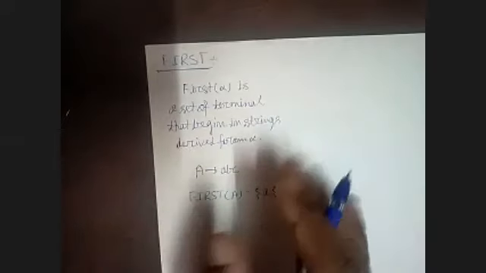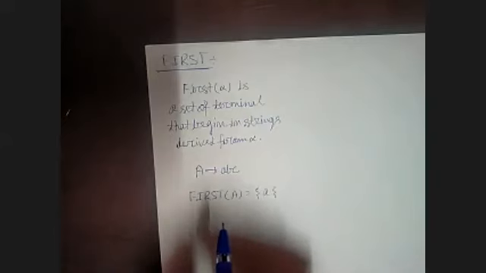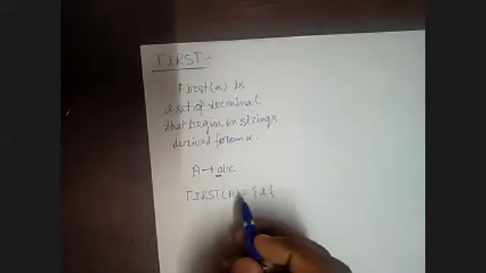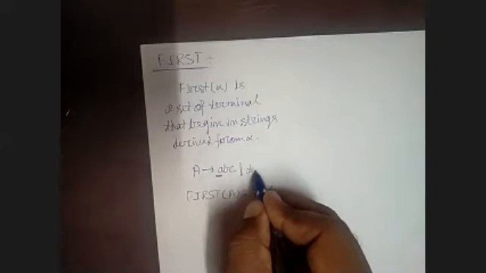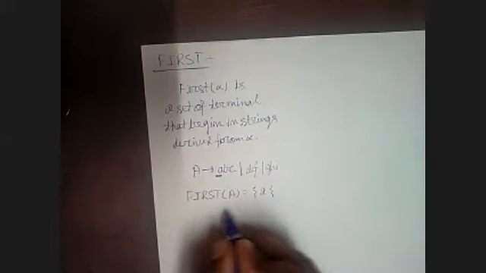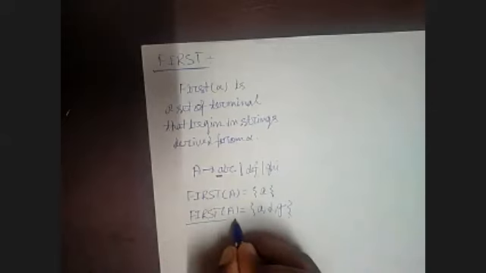ओके, तो अगर आपके पास में टर्मिनल्स हैं, राइट, तो प्रोडक्शन रूल्स आपके पास में या फर्स्ट फाइंड आउट करने के रूल्स क्या हैं, वी डिस्कस वन बाय वन। अभी हम केवल सिंपल मीनिंग बात करते हैं कि व्हाट इज द मीनिंग ऑफ फर्स्ट। तो अगर कोई भी प्रोडक्शन दिया हुआ है, राइट, तो उसमें जो भी पहला पार्ट है वो फर्स्ट कहलाएगा, राइट? अगर हम इसी तरीके से यहाँ पर प्रोडक्शन लिखते हैं और D E F और G H I, राइट, तो अब फर्स्ट ऑफ A क्या क्या हो जाएगा? Now complete first of A: a, D, and G. This is the first of A. Okay, right? So this is a simple example.